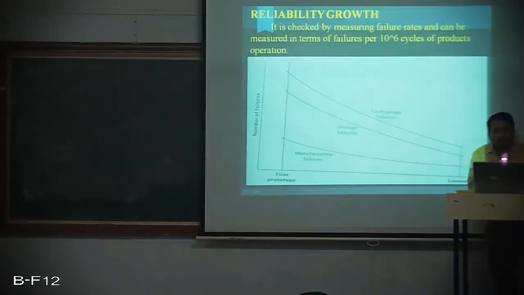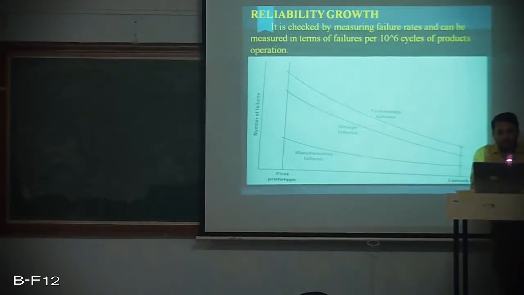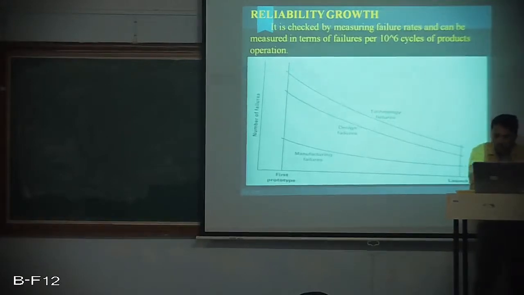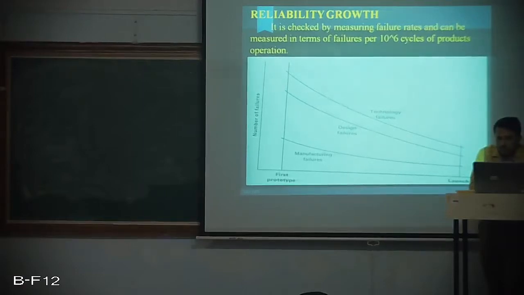So reliability growth, this I have discussed while discussing the reliability unit. It is checked by measuring failure rates and can be measured in terms of failures per 10⁶ cycles of product's operation. And the number of failures for the first prototype until the launch, we can say that